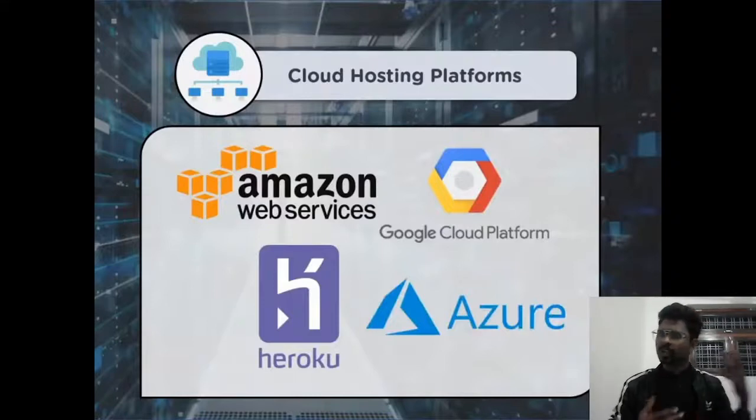The server is an essential part of backend development, so have good knowledge about it. Here are some cloud platforms I've listed: Amazon Web Services, Google Cloud Platform, Heroku, and Microsoft Azure. That's the basic knowledge about it.